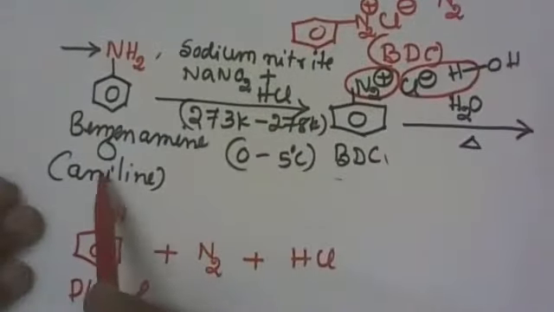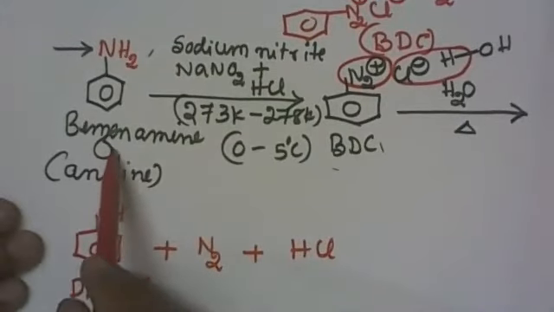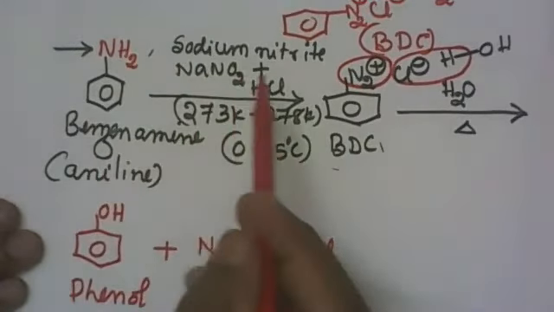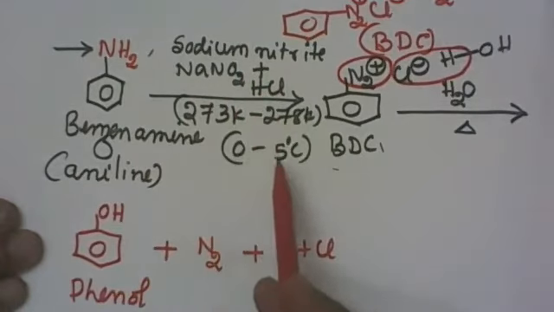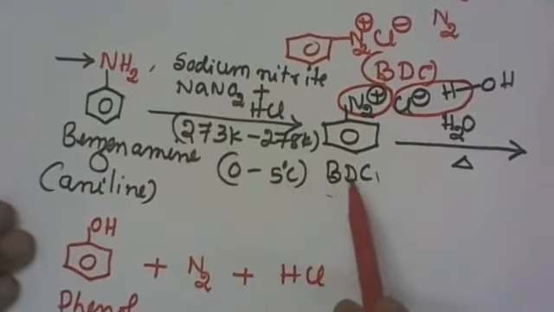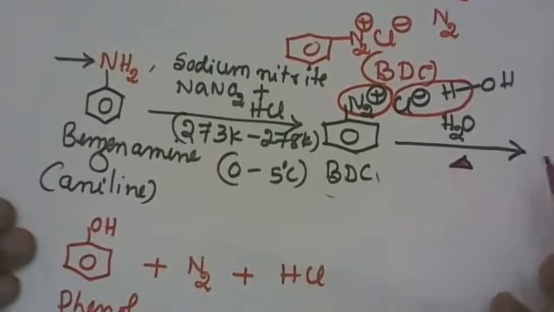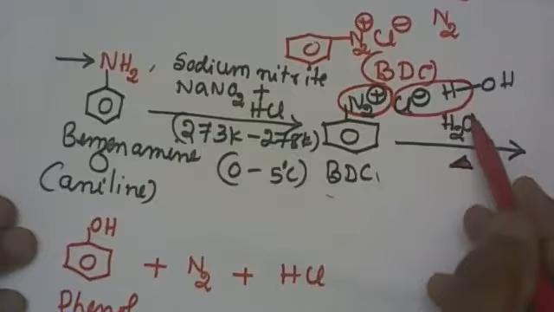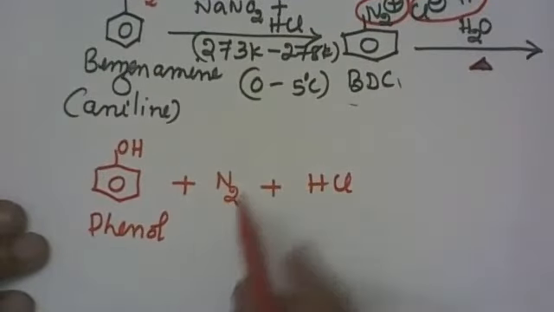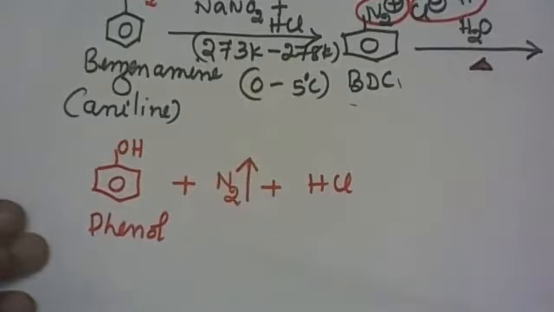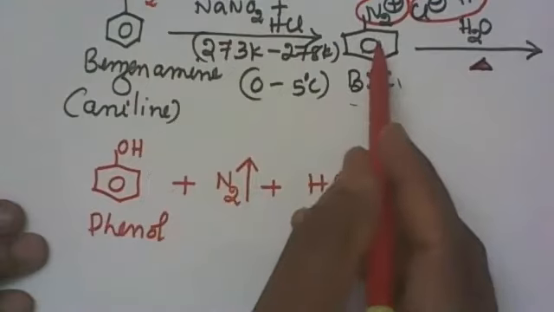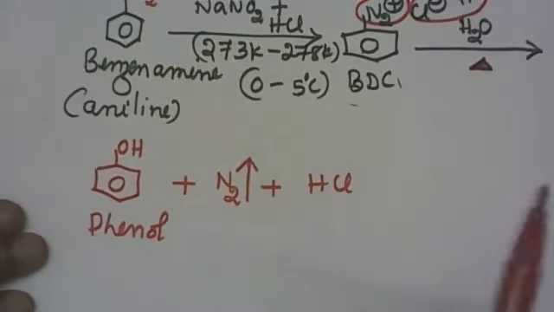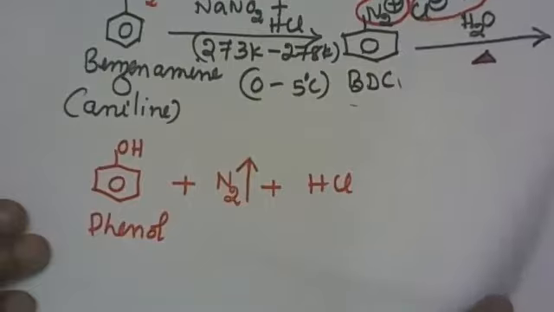So the method is from benzene diazonium salt. What is done here? Aniline reacts with sodium nitrite and HCl between 0 to 5 degrees centigrade to give benzene diazonium chloride. Benzene diazonium chloride is warmed to room temperature or just heated. Hydrolysis takes place to give phenol. Name the gas liberated: nitrogen gas. Now I will explain how you get benzene diazonium chloride using aniline. Is it clear?